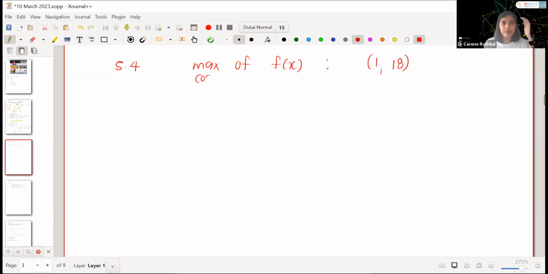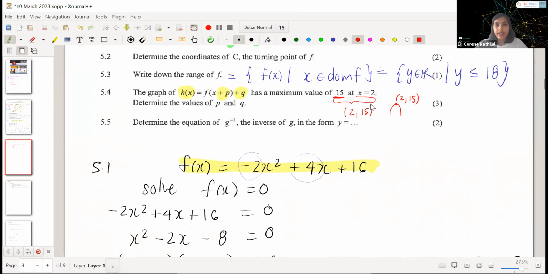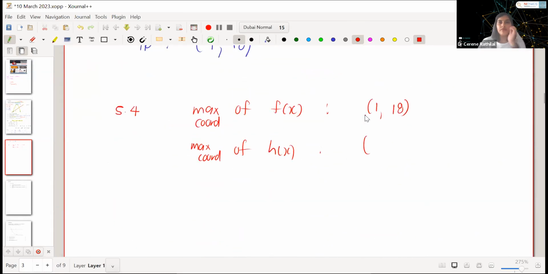And then similarly, the maximum coordinate of h, we have been given this in the question, and I wrote it down as (2, 15). So what we should do in order to determine the values of p and q is we now need to